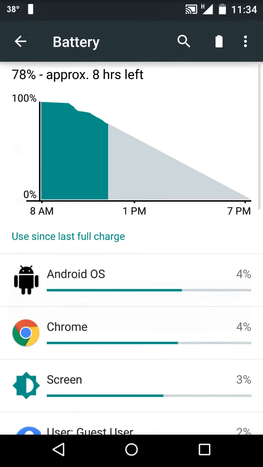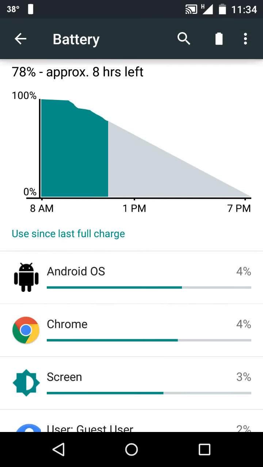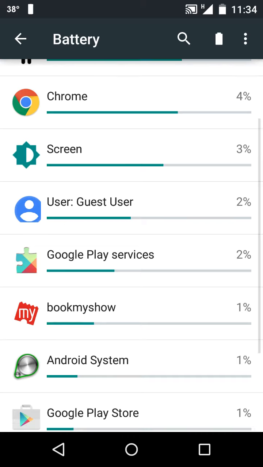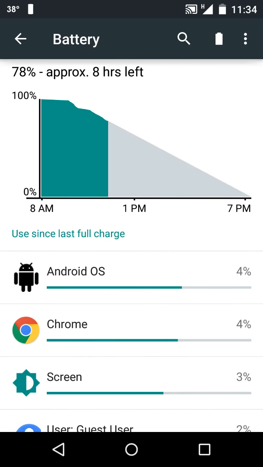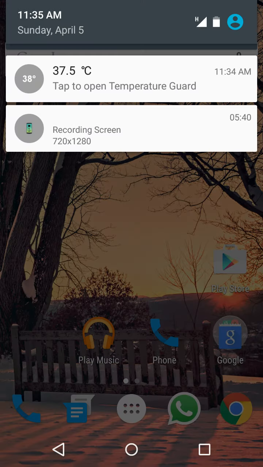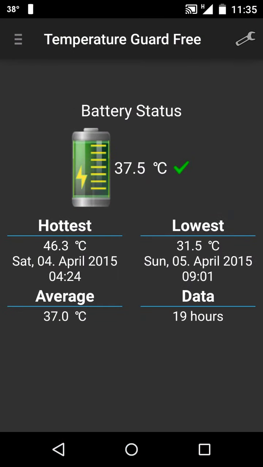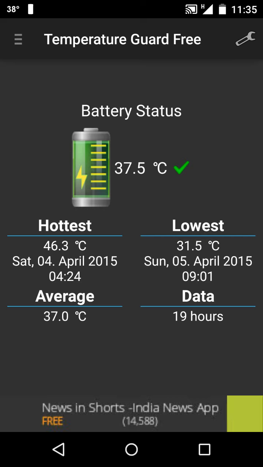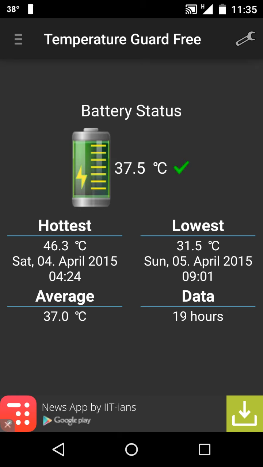Talking about the battery, as far as I have seen now, it is showing pretty good battery performance. I do the battery analysis based on two factors. One is I have installed an app called Temperature Guard. With the Temperature Guard, I feel that I can do much better analysis of the ROM stability. If the ROM is running very smoothly without any memory leaks or without any heavy load on the processor,